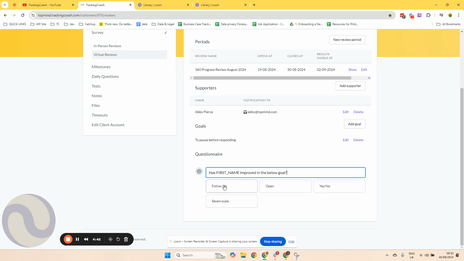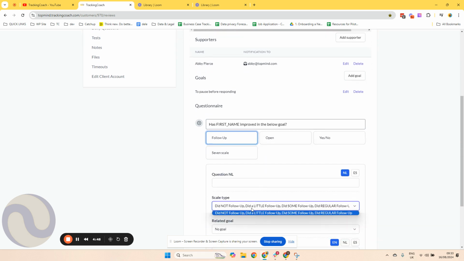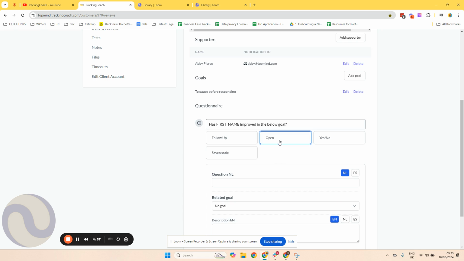So you can say yes or no. So you've got 4 different response types. You can do a follow-up response type, where it's essentially a scale. If you're doing a follow-up on a follow-up question, you can do an open-ended question. And in all the response types, you can link it to the goal, so that when the question comes through, the goal is underneath so the person can identify which goal you